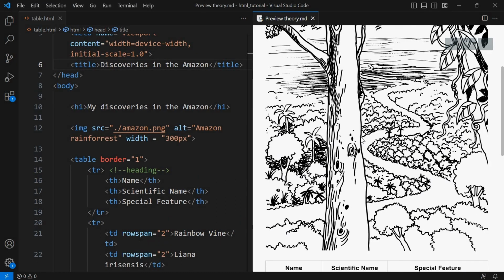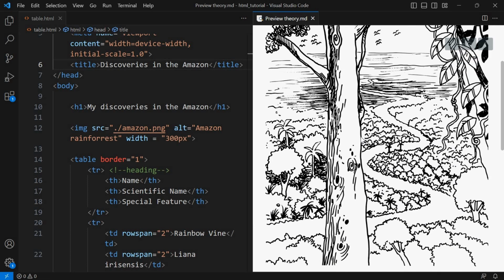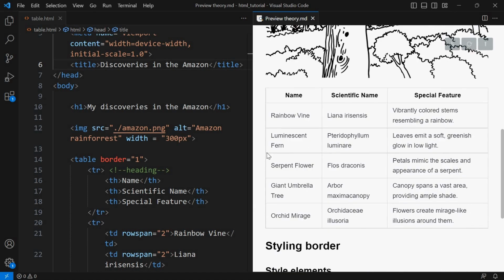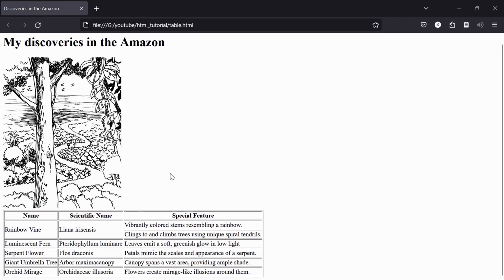You are a researcher. You are in an expedition for about 1 month in Amazon rainforest. Now this is the page of your blog. You want to modify this table. It has double borders, but we promised that we will make it a single border, and let us try to